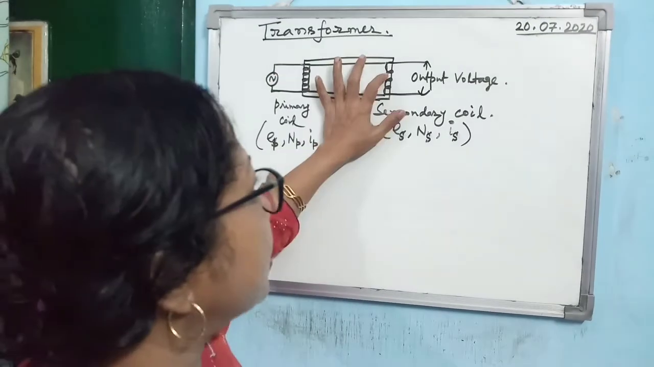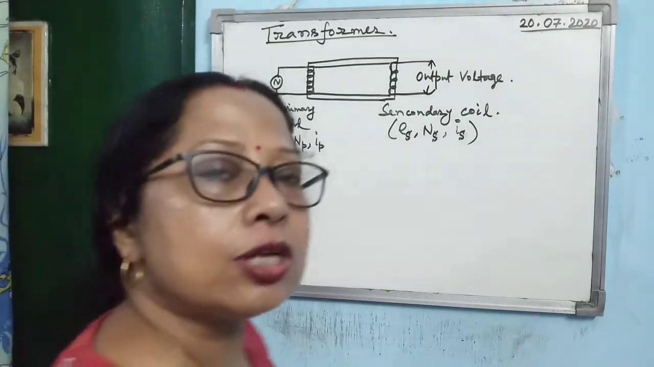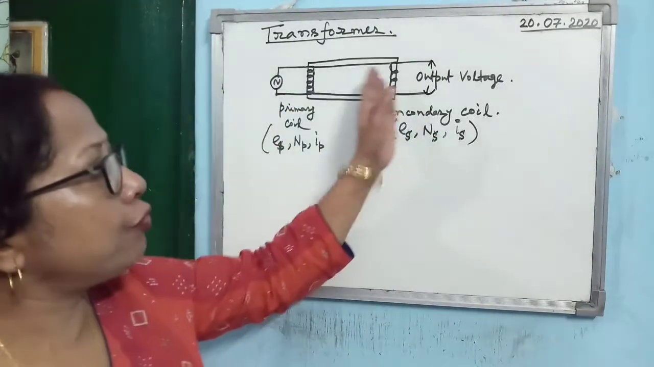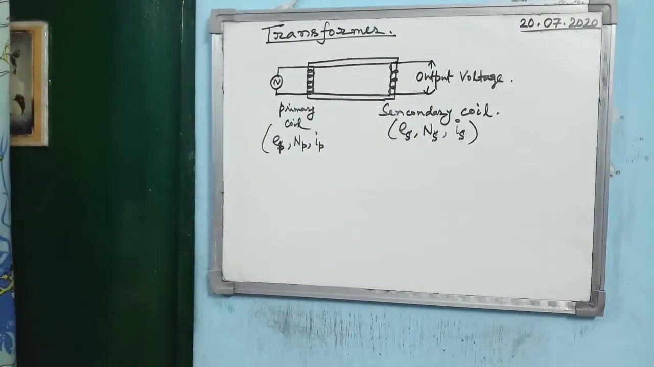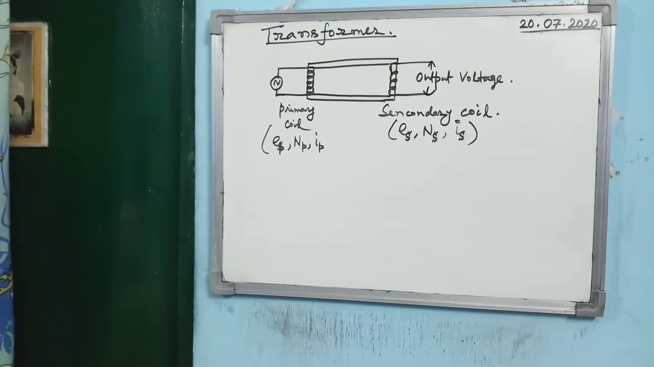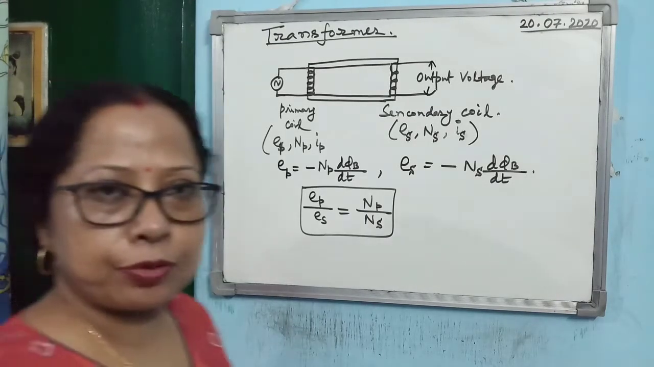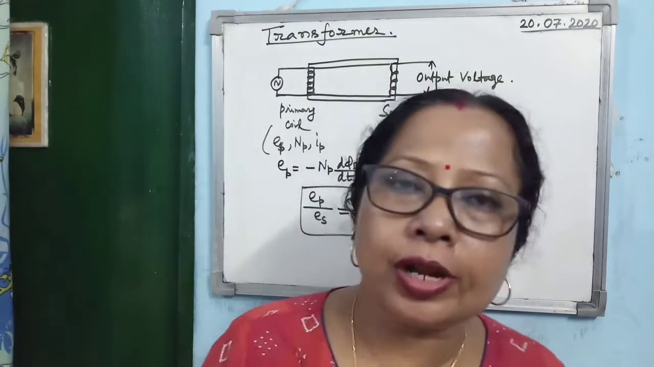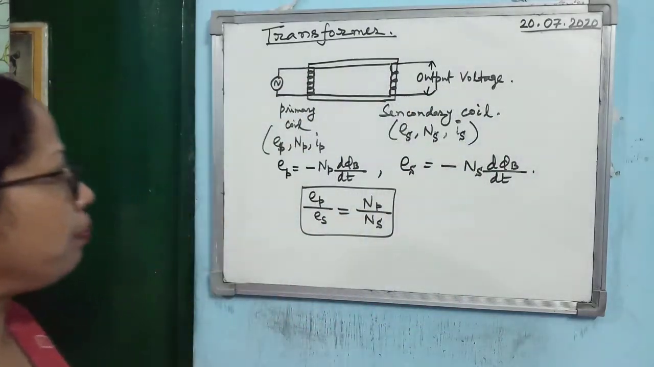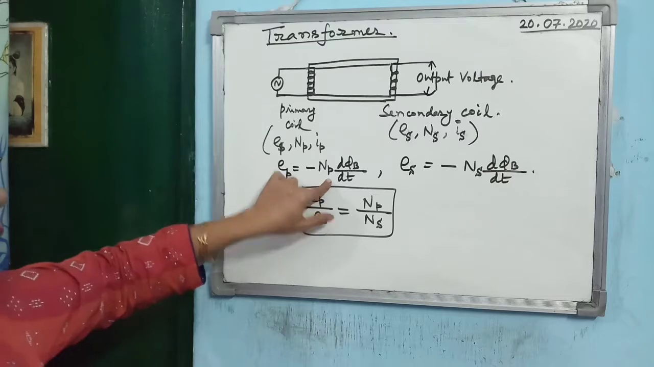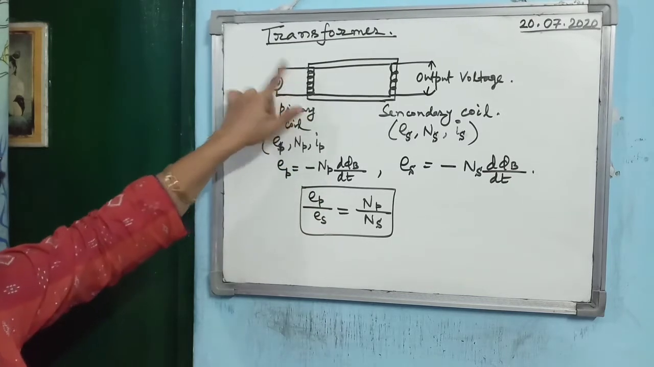So the magnetic flux linked with the secondary will also change. So an EMF will develop across the secondary. Now what will be the mathematical relation? Let us try to find out. Now as it works on the principle of electromagnetic induction, we have to take the help of Faraday's laws of electromagnetic induction. If you apply Faraday's laws from the primary coil, you can write